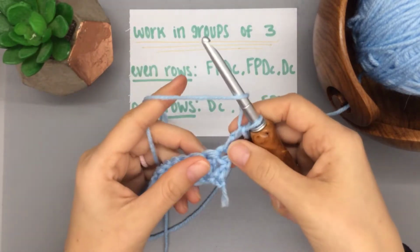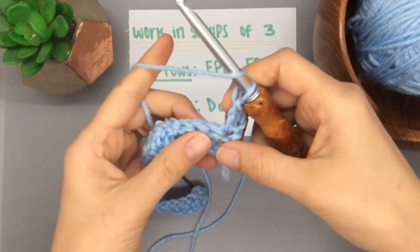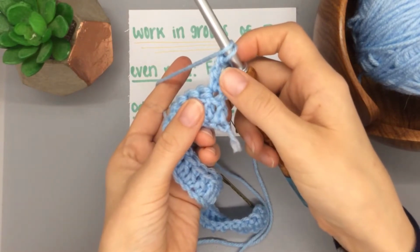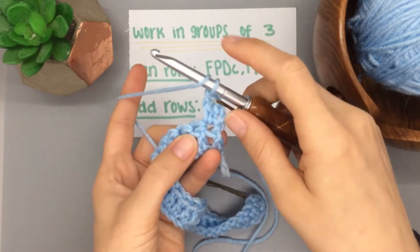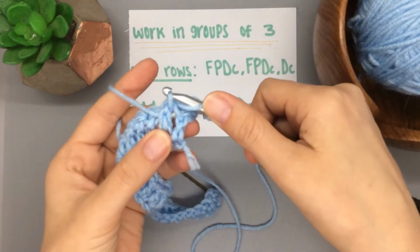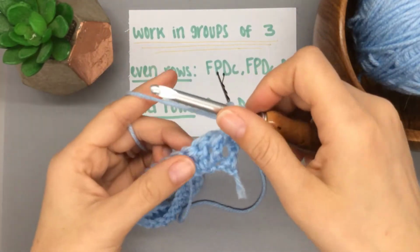Perfect. Okay, so it says here for my even rows, I'll be doing front post double crochet, front post double crochet, double crochet. We just learned how to do front post last week with our half double, so it's the same thing, just now we're doing it with a double. So if anything, it's a bit more spread out. We're skipping stitch 1 because we already did stitch 1 up here. Here's stitch number 2, and I'm using the whole post. So I have already yarned over. I'm going to go from the front, backwards, back around to the front, yarn over, anchor that down, yarn over, pull through 2 one time, yarn over, pull through 2 times. And again, front post,